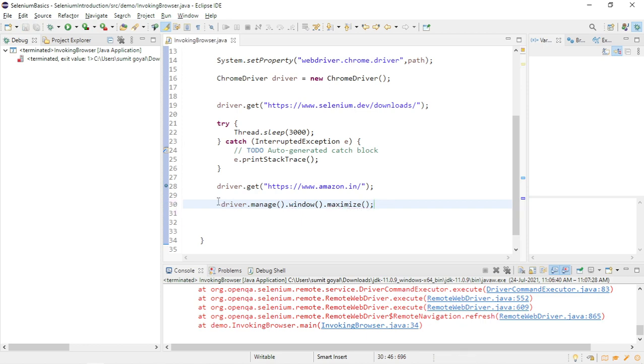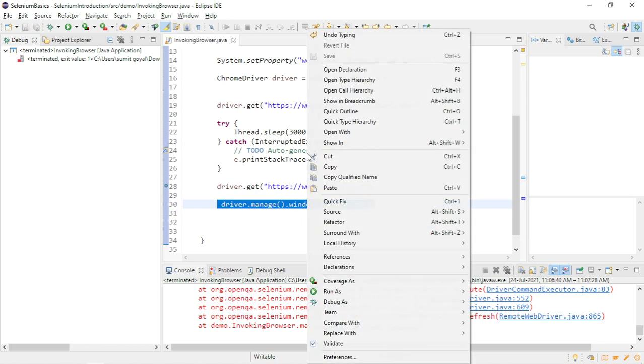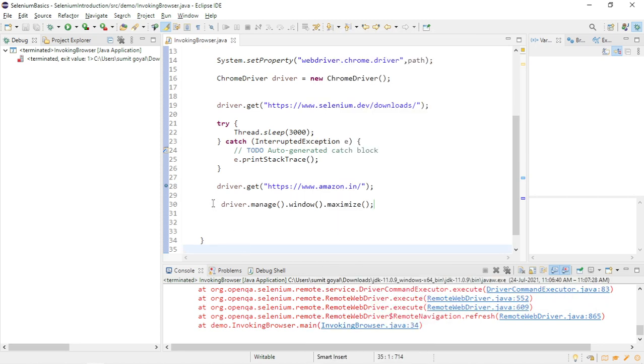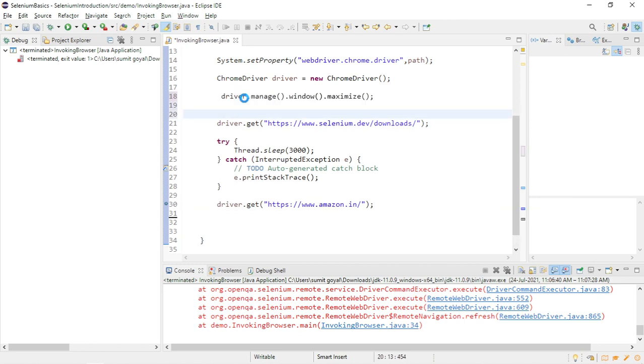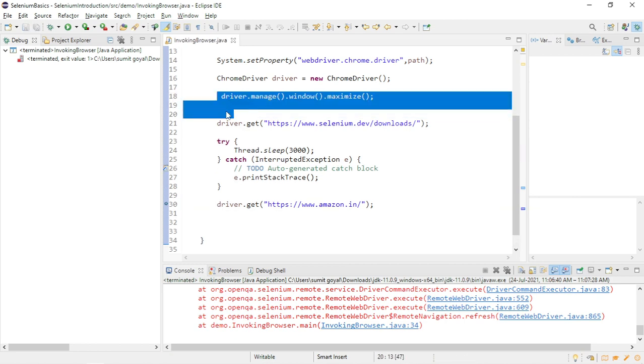If I just provide this line, you will see our Chrome browser will open in maximize mode. So let me give this line at the start before launching the URL. So our Chrome browser will now be in maximize mode. Now if I run it,